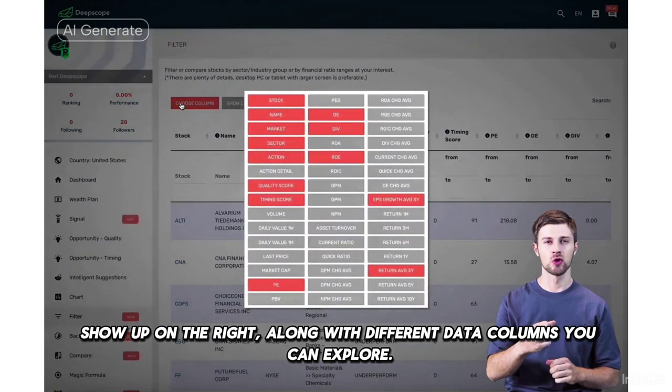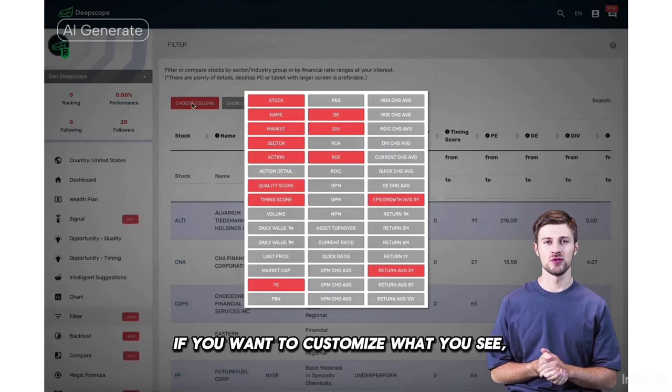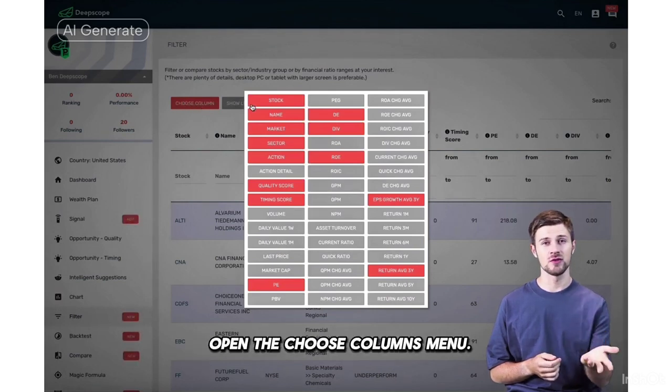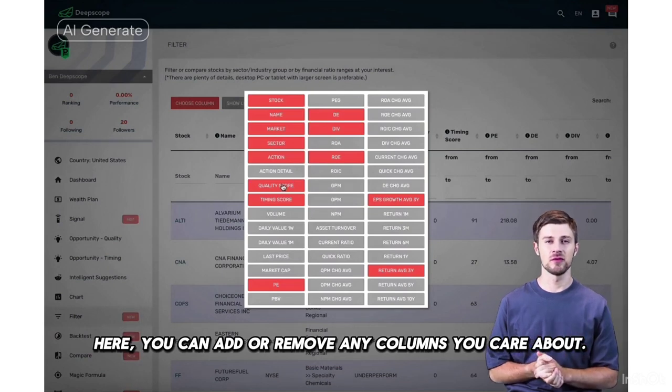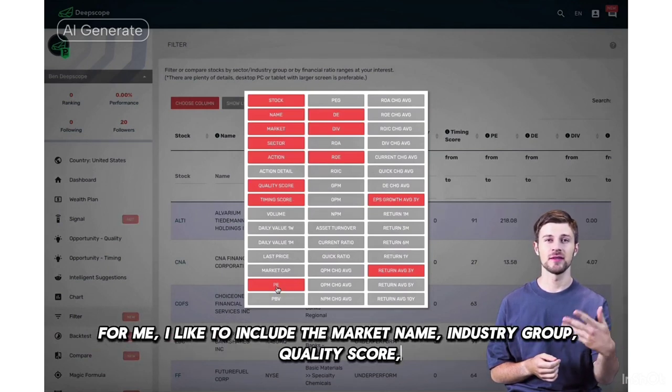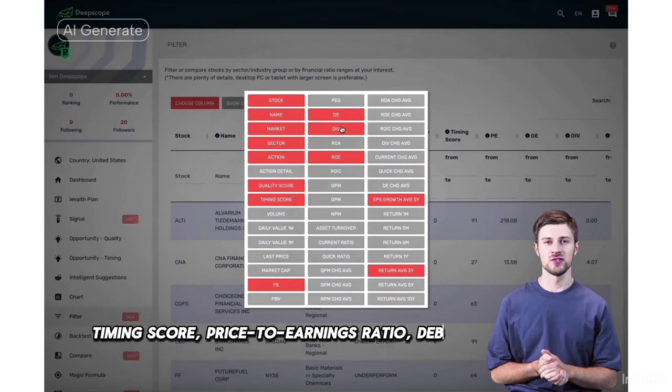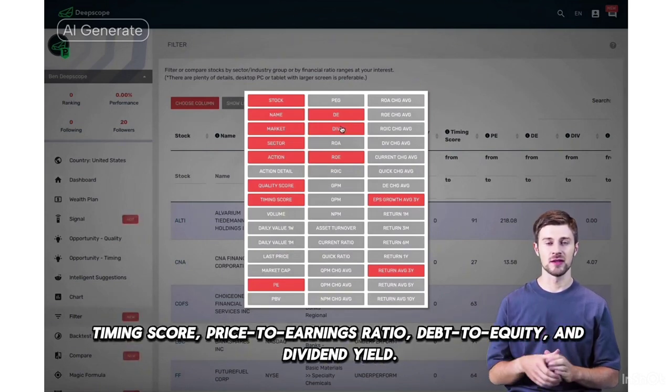columns you can explore. If you want to customize what you see, open the Choose Columns menu. Here, you can add or remove any columns you care about. For me, I like to include the market name, industry group, quality score, timing score, price-to-earnings ratio, debt-to-equity, and dividend